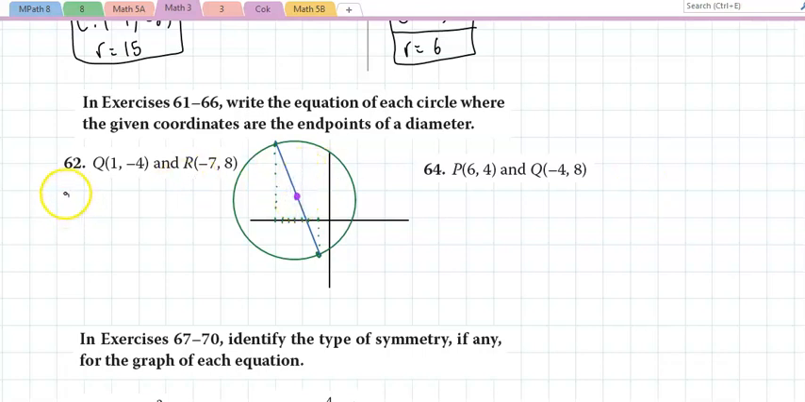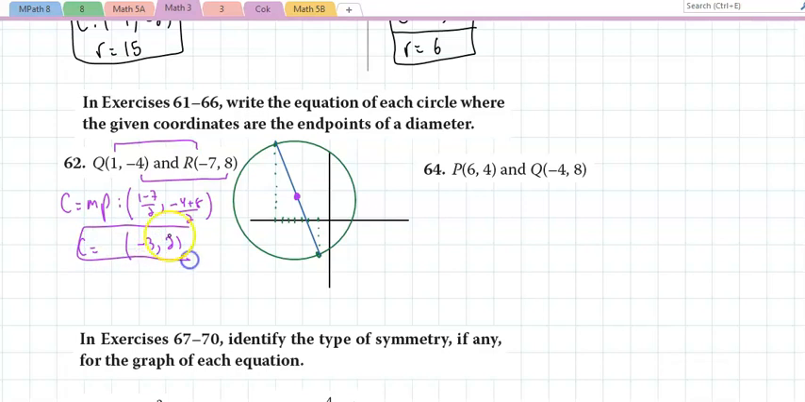So the center is really the midpoint of the endpoints of the diameter. If I take 1 minus 7 divided by 2, and negative 2 plus 8 divided by 2, the center, which is the midpoint, would be negative 6 divided by 2, which is negative 3, and 4 divided by 2, which is 2. I just got the center. So up till now,